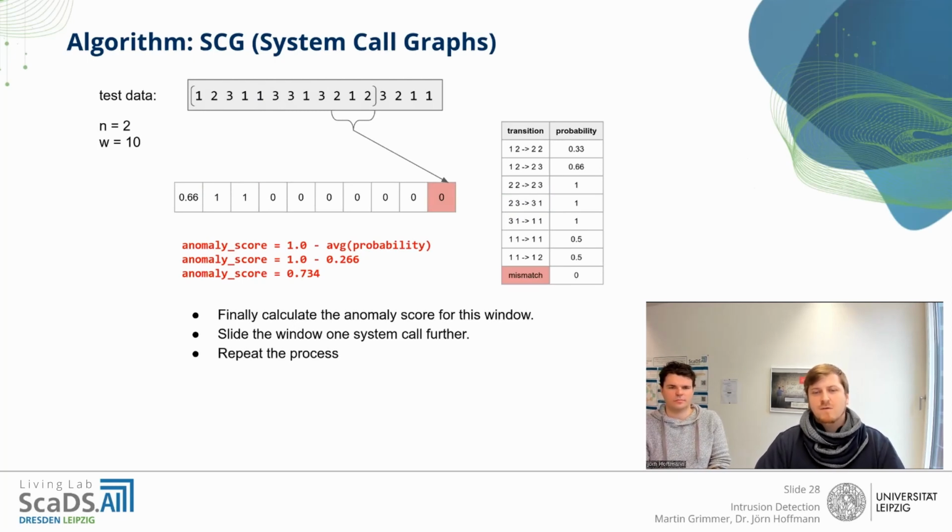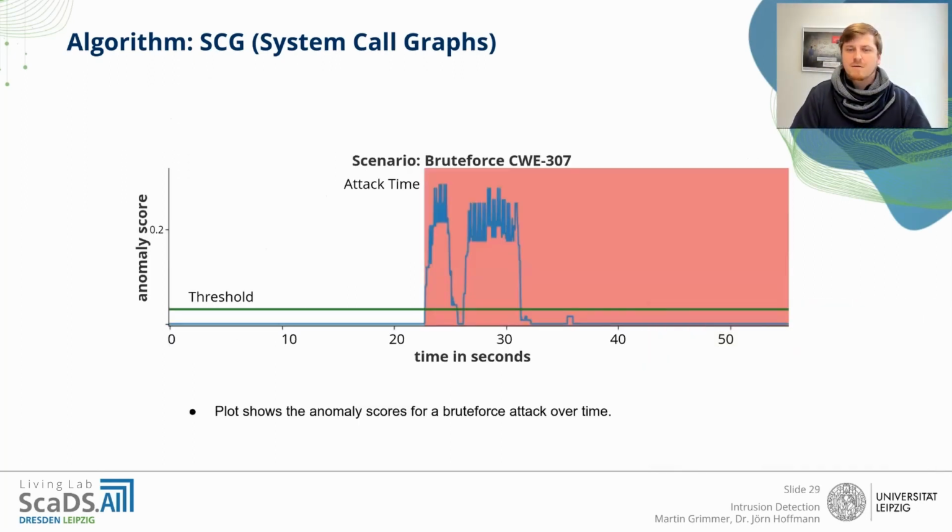With this anomaly score, we can then slide the whole window from the top here one position further and repeat this process. And if we do this for a lot of system calls, this can look like this picture here. We have a brute force attack on a given computer system, and we plotted the anomaly scores over time. And as you can see, we have at some time here a really high anomaly score